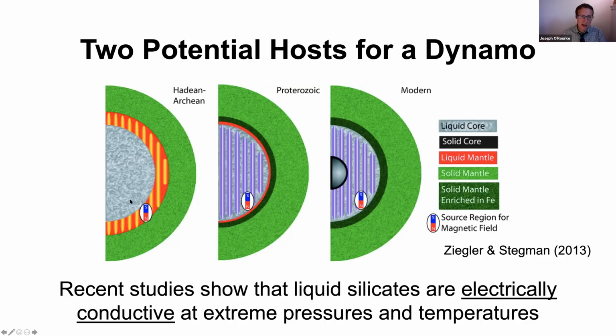And so it's possible that Earth had a dynamo in its basal magma ocean a long time ago. At early times, if you have a basal magma ocean, you have these two potential hosts of a dynamo. And the basal magma ocean is a compelling hypothesis because it's otherwise hard to explain why Earth has such an old magnetic field. Should have said at the beginning, we know that Earth has a magnetic field now, obviously, and the magnetic field existed back in time as far as we have data.